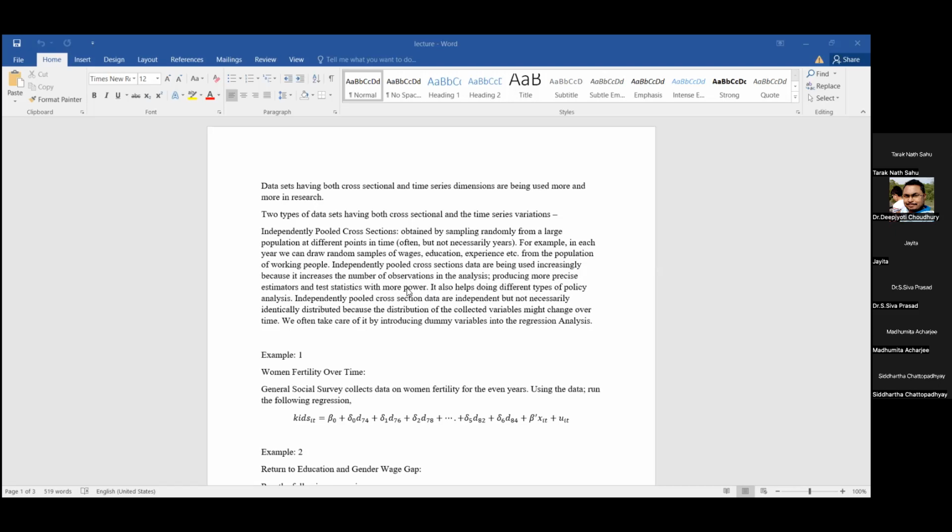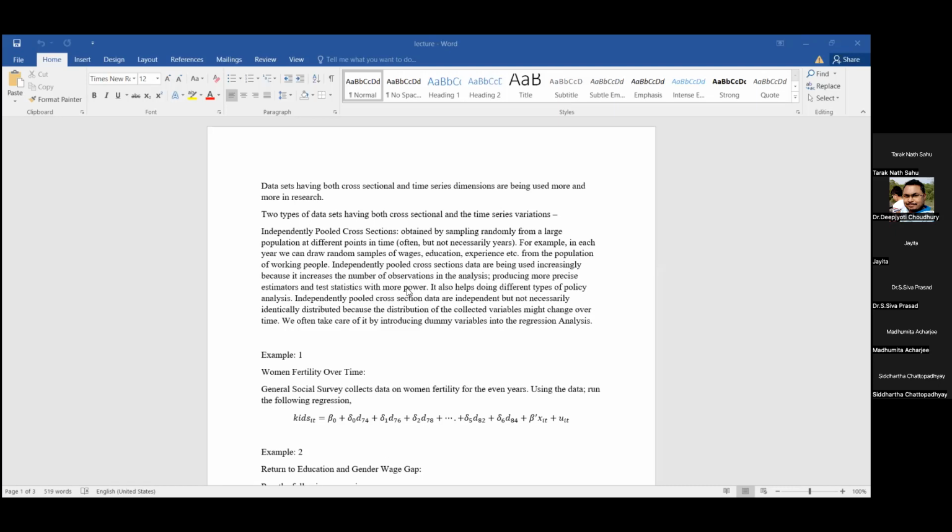And second, why this kind of data set is more in use in research nowadays, because it also helps in doing different kinds of policy analysis. We will see later, subsequently in this lecture, what cannot be done with cross-section data and time series data. These independently pooled cross-section data are independent and not necessarily identically distributed, because the distribution of the collected variables